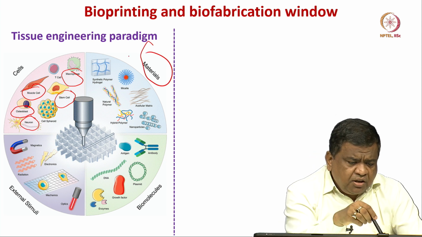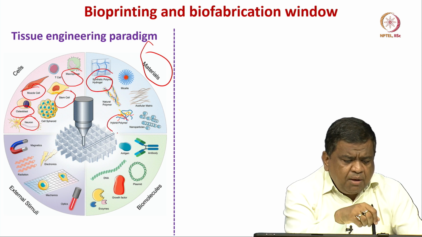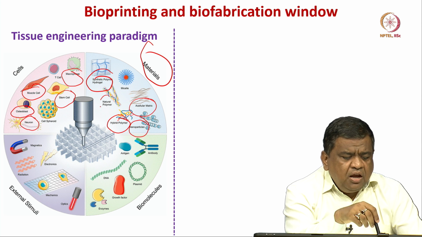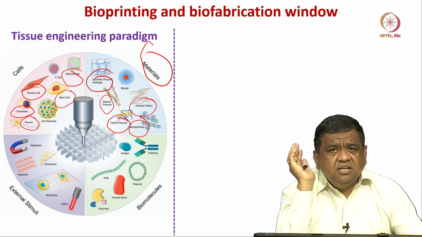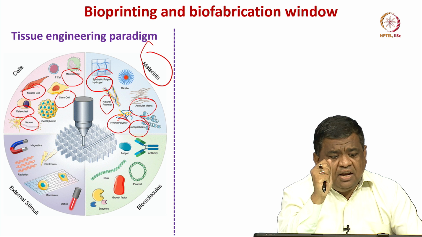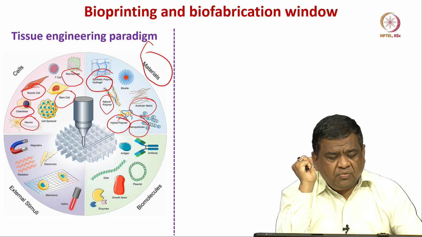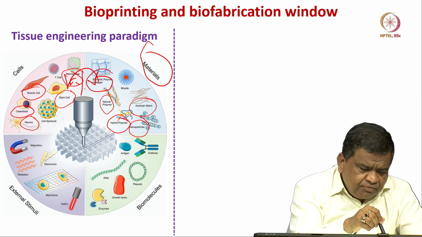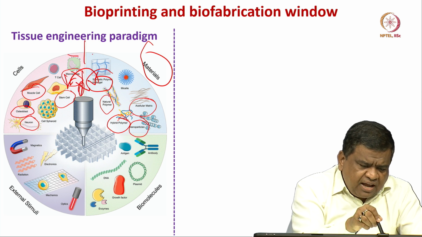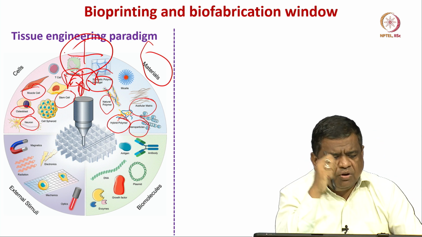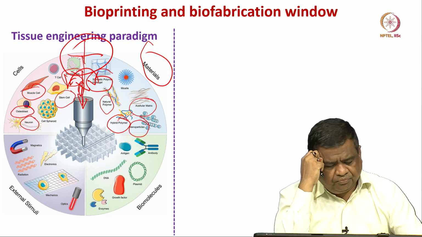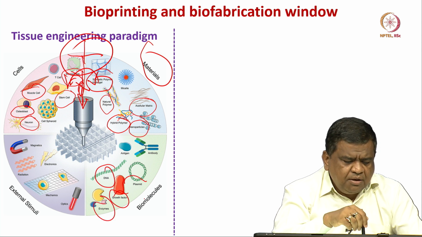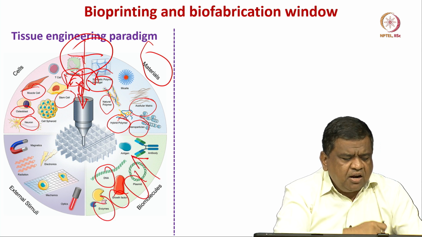Materials are important. There are synthetic polymeric hydrogels, hybrid polymers, nanoparticles can be added, acellular matrix can be added, and natural polymers can be added. So, there are synthetic polymers and natural polymers, and these are like biomaterials. This is a plus sign, that means cells and materials together can be added. And you have biomolecules like DNA, growth factors, enzymes, plasmids and so on, that can be added further.